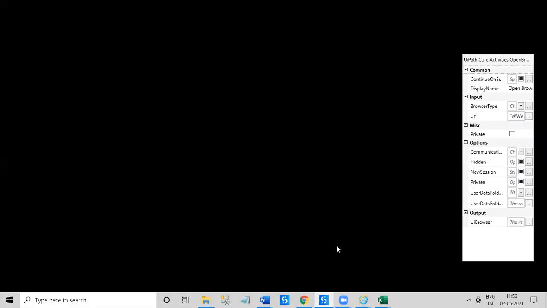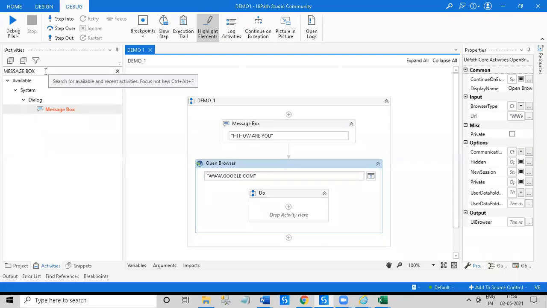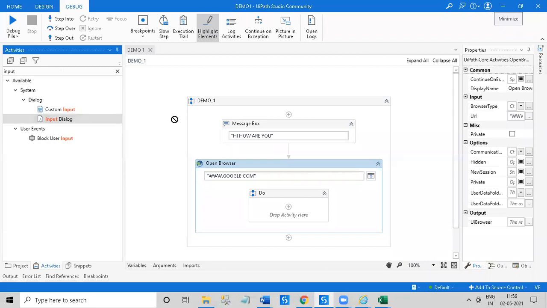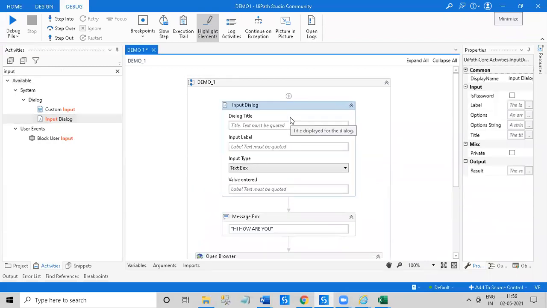So we have an activity called the input dialog activity. Once the bot runs, this input dialog activity appears. Let's suppose you want a person from Bangalore only, who is serving notice, who is in the notice period, and whose experience is less than 7 years.